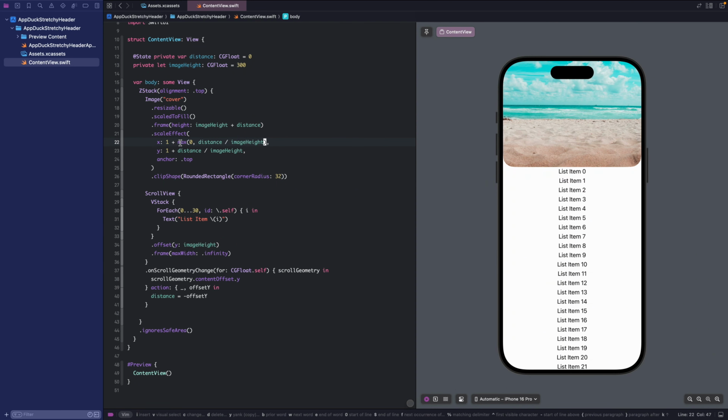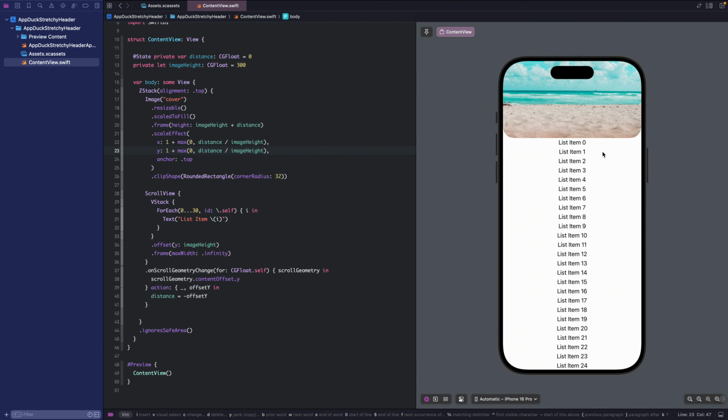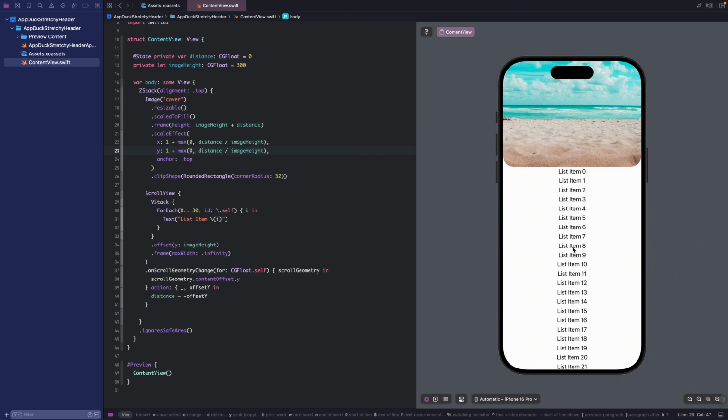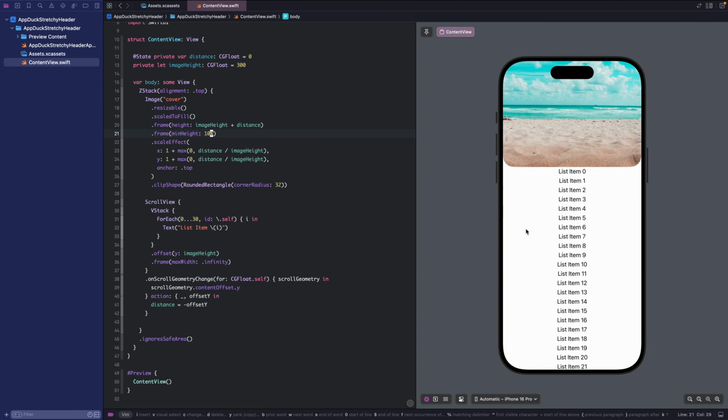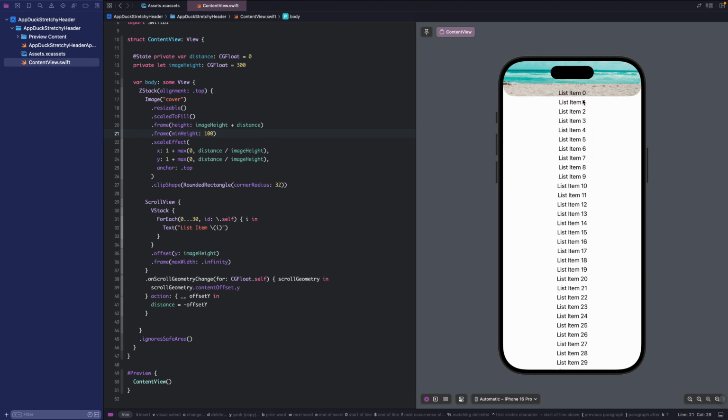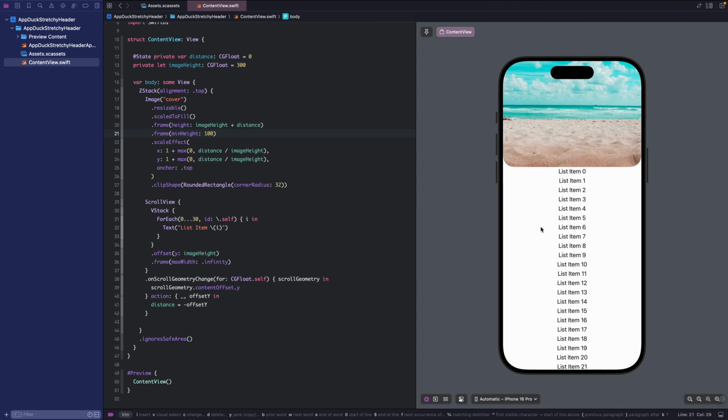So I use the max function to prevent the negative scaling. Okay, it doesn't shrink anymore. Next, I will set the min height for the image so it doesn't completely disappear. Okay, it's better.